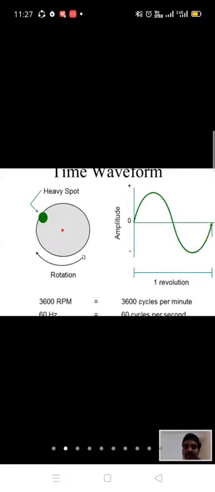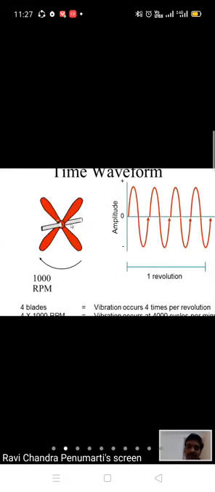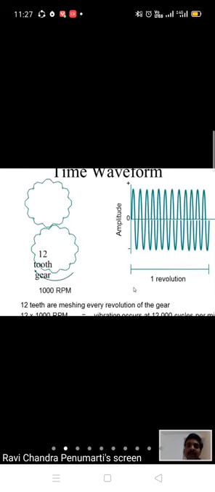And in this case, our RPM, let us say it is 1000 RPM, so this will be 1000 Hz, because you have only one spot, and that fan is sitting on this shaft only. So here you have 4000 Hz.